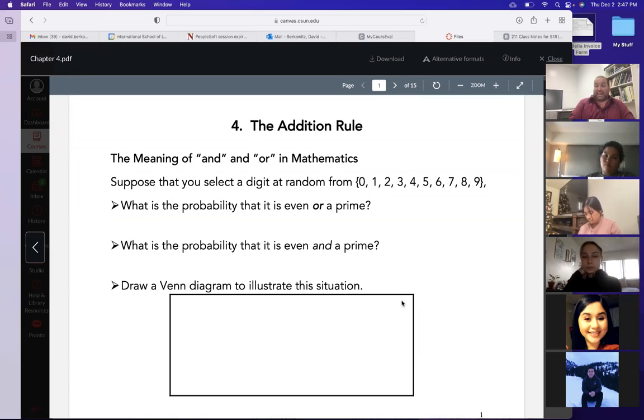And it starts with the words "and" or "or" in mathematics. Of course, the word "and" is straightforward. This and that, you want both of them to happen. I want you to pick someone in the class that is both female and under 5'3". Well, whoever you're going to pick has to be female and under 5'3". Both conditions must be satisfied, or else that person is out. So all the males are out, and all the taller than 5'3" females are out. And it's got to be both.